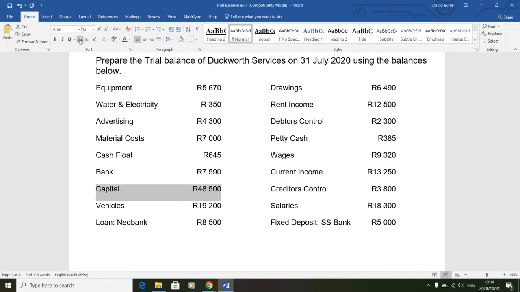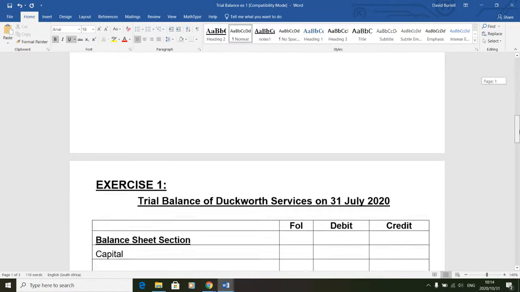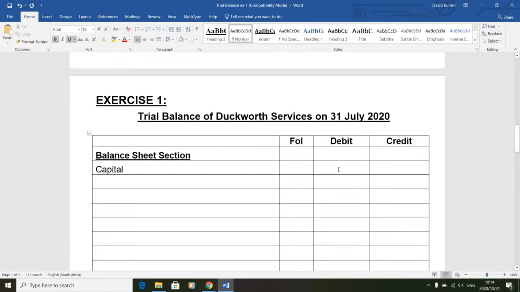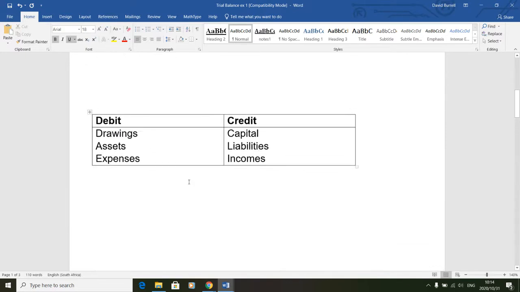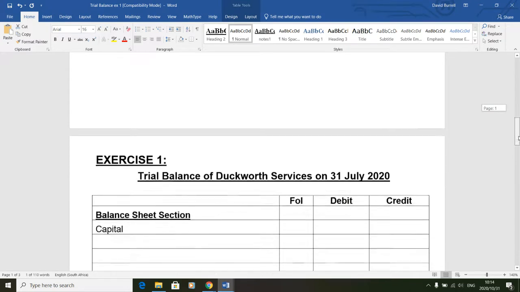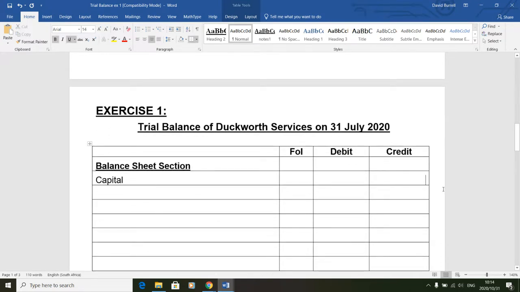So what I'm going to do is just go and cross out as I record something. So you can tick it off, cross it out, highlight it, do whatever you like. Just indicate that you've dealt with something. Capital is 48,500 now. So I can go and put capital. Where do I put the 48,500? Debit or credit? You could know from all the ledger exercises we've done, or you could just memorize the summary. Capital will always have a credit balance over there. So in the credit column, I'm going to go and put